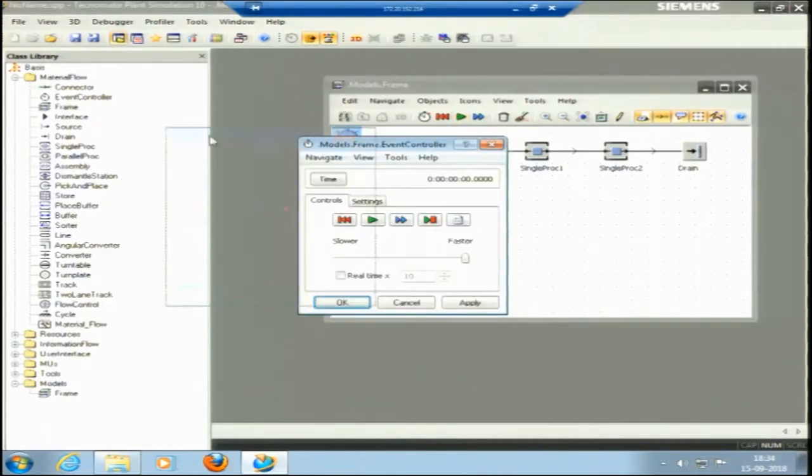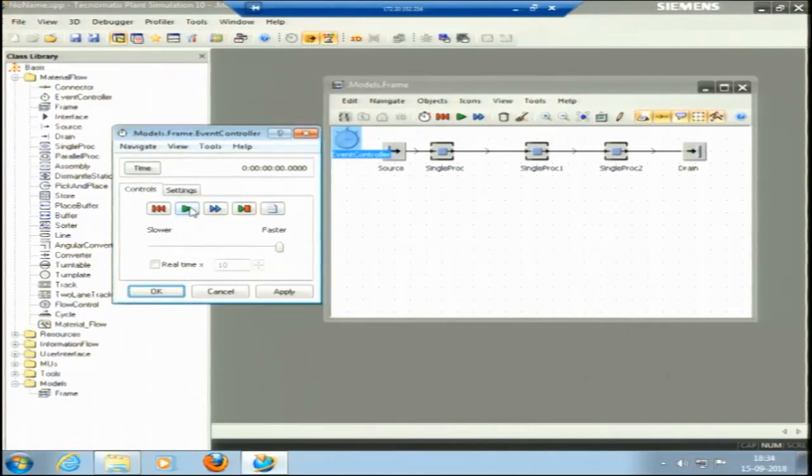If I now run this using my event controller, there is a play button for the start or reset of the simulation. This is fast forward. If I run this, it is running at the fastest speed. The time where the cursor is shows over 300 days, these many hours. If I stop it here, it has run for 566 days based upon the constant processing time, which was 1 minute for single process 1, 1 minute for single process 2,